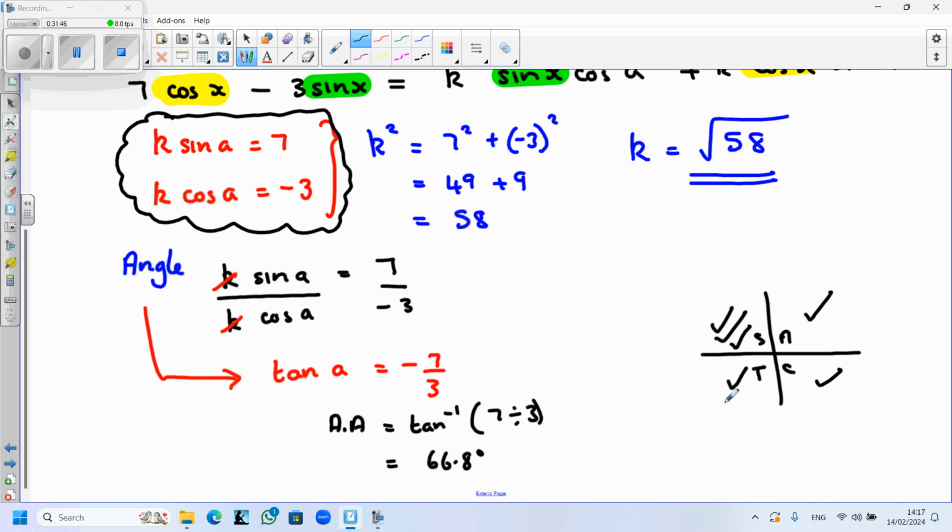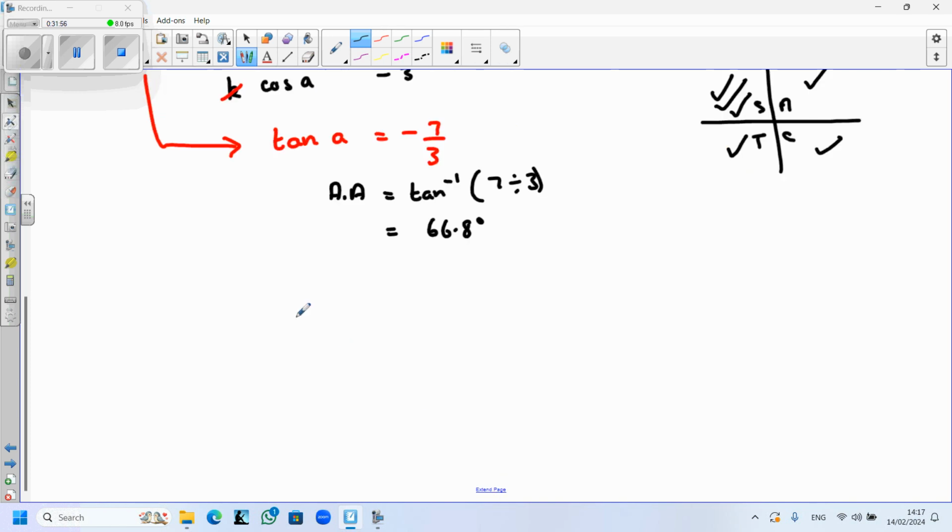When you do that to locate where your angle is, you should have one box with 3 ticks. That's the quadrant your angle is in. And you should also have one tick in each of the other boxes, just as a wee check. So I know that this angle A is in quadrant 2. To get into quadrant 2 is 180 minus the acute angle. So I've got 180 minus 66.8 degrees. So this angle A is